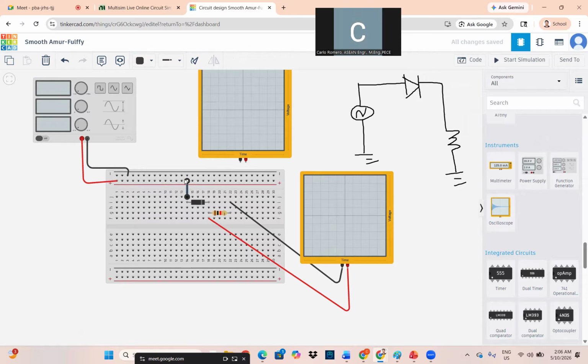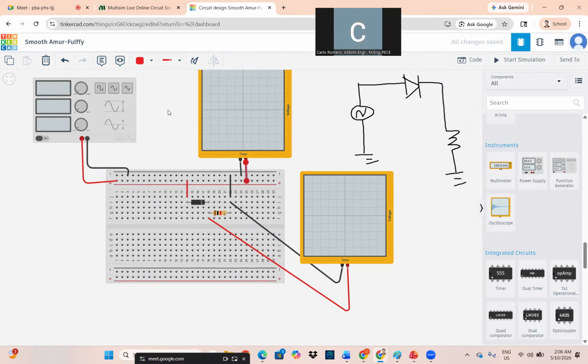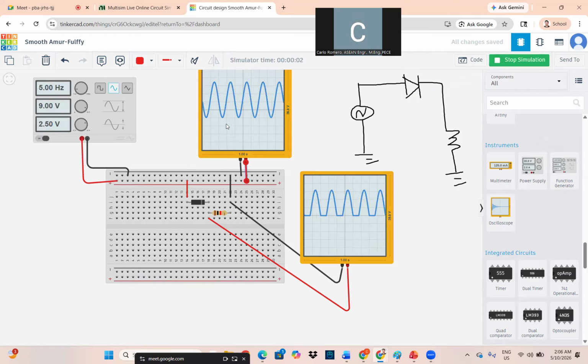So we have a positive. So we connect, then the negative one, we can connect directly here. So now this negative will be connected to here, and the positive will be here. So we will check the waveform. So let's say, for example, in this case, so this is the, okay, what did you notice? The first oscilloscope is the input.